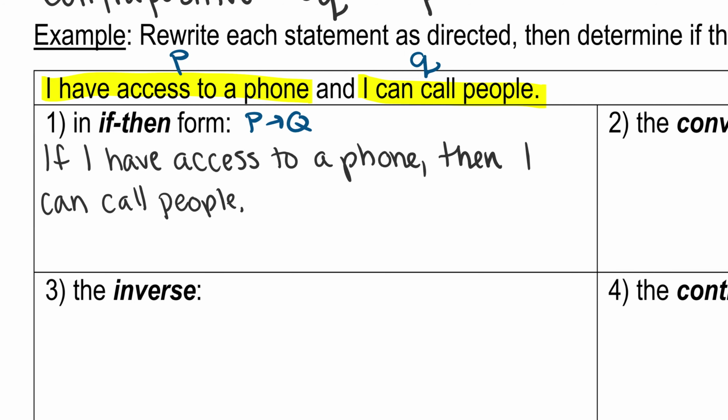Okay, so if I have access to a phone, then I can call people. That's true. But can you say if I have access to a phone, then I can't call people? That is also true. Just because you have access to a phone doesn't mean the phone works, right? So because I can change the end and it still be true,